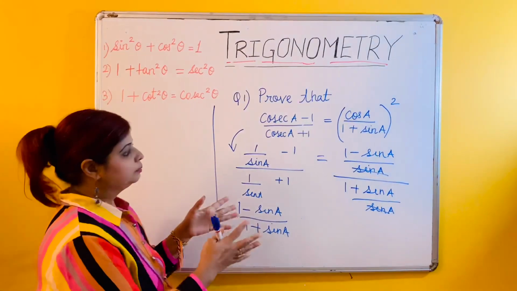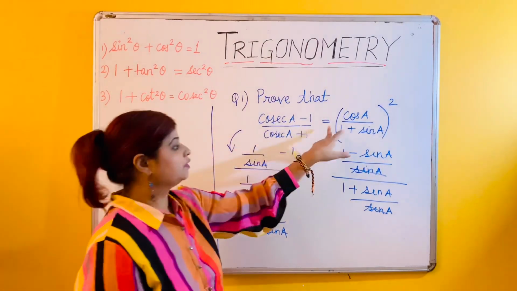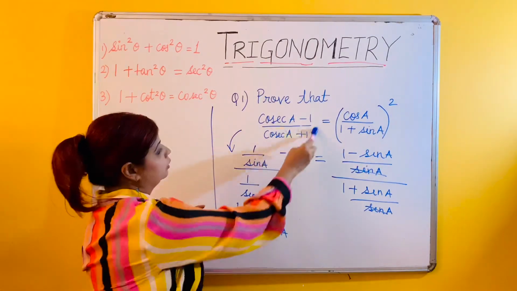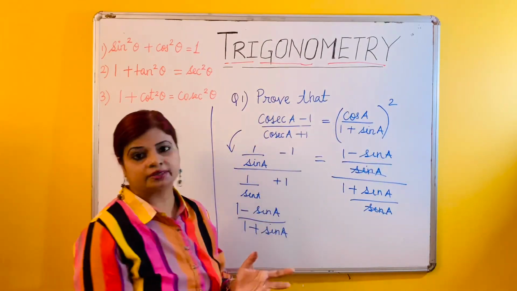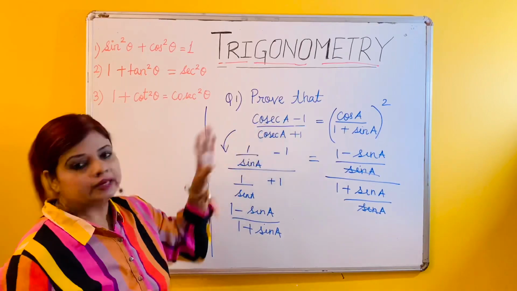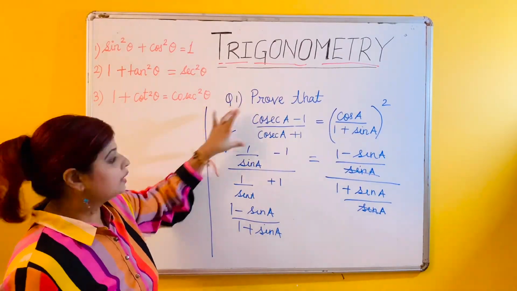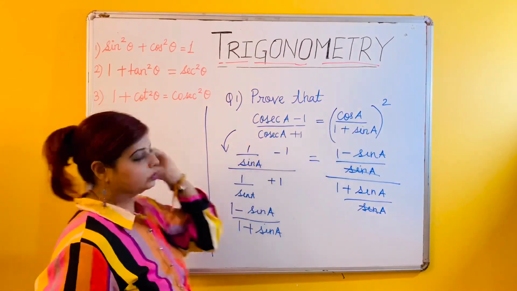Even another approach is, you can simplify this and make sure that they come to the same thing. Let's say this whole thing is equal to x, and this whole thing is also equal to x, then you can also prove that it is true. But I will take the easier approach. I am taking this term, and then I will try to form it into this form. So let's start.